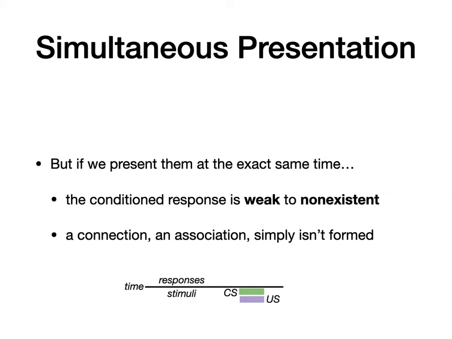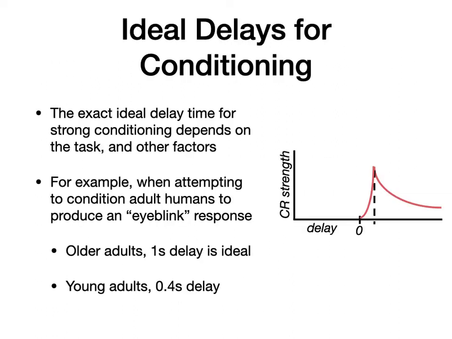In fact, your neurons, your doggy brain, is not going to be able to form this connection, right? You are connecting really only the actual stimulus to the response. You are just seeing food and there happens to be a bell. They are not triggering each other. So there is this ideal delay for conditioning.